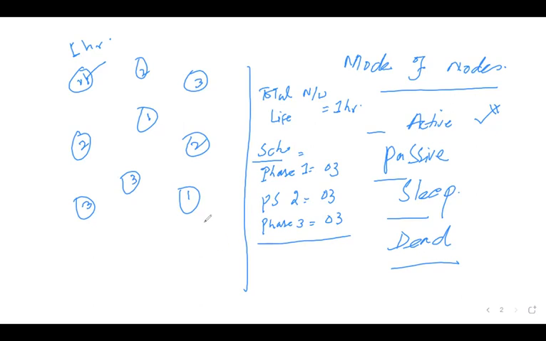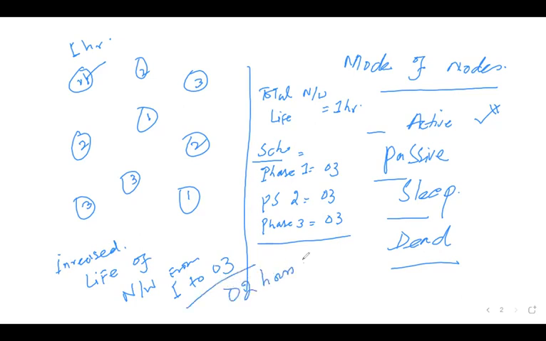So look at this, we have increased the life of the network from 1 hour to 3 hours. So we increase the life by 2 hours only due to this scheduling mechanism. We have done nothing. We just schedule the modes of operation of these nodes, in which